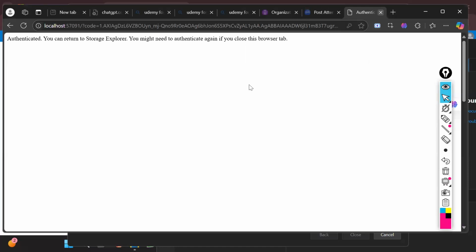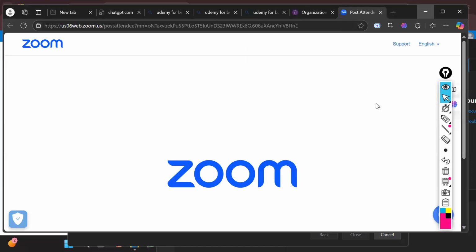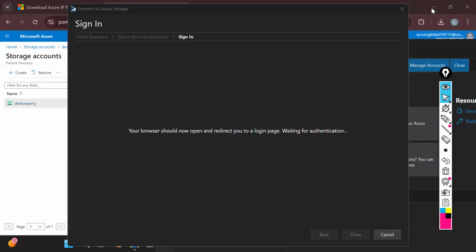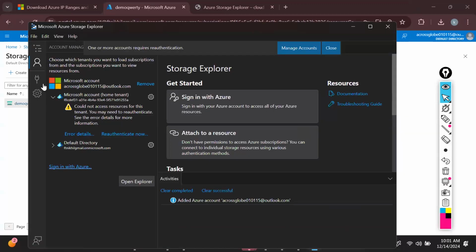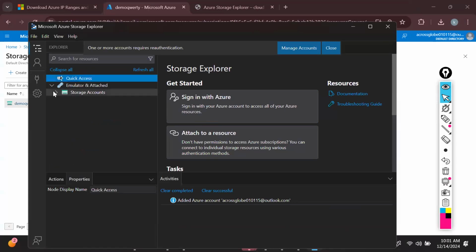So I logged in here. Go back to storage account, Explorer. Okay, close. Now this is what I have there. Now I need to connect my storage account. This is my storage account.